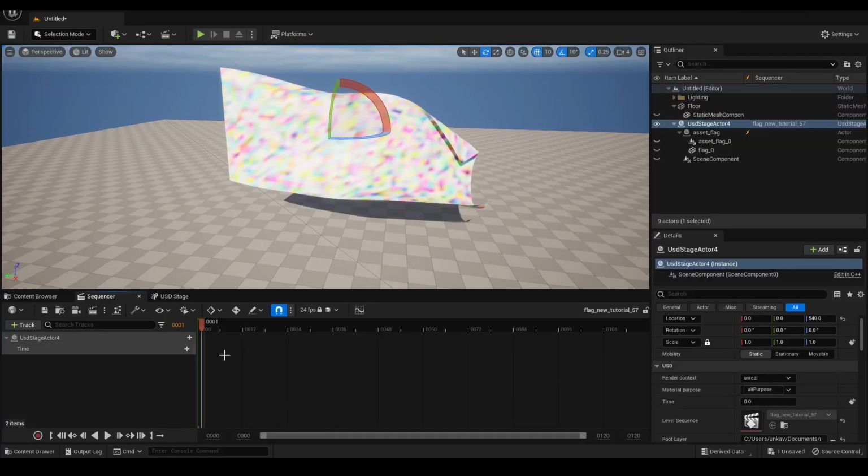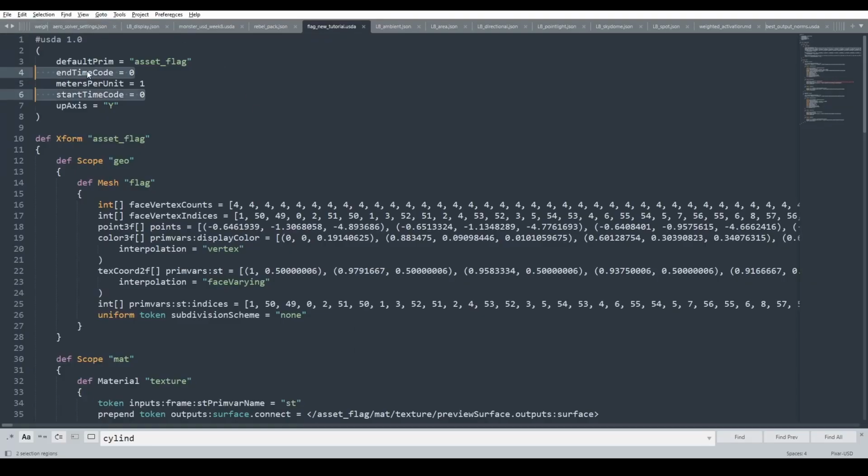There we go. And once more, we've still got no animation here. There's nothing coming through. So what we're going to do is just take a quick look at the ASCII file. So these two here are what the set stage timecode puts in. And you can see that my start timecode is 0. My end timecode is also 0. So there is no